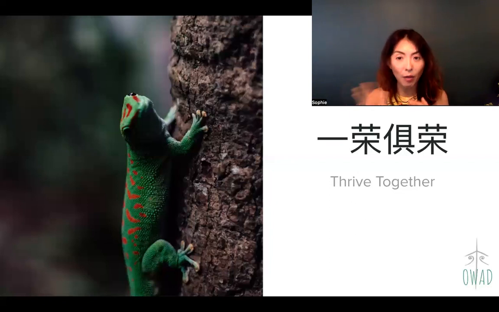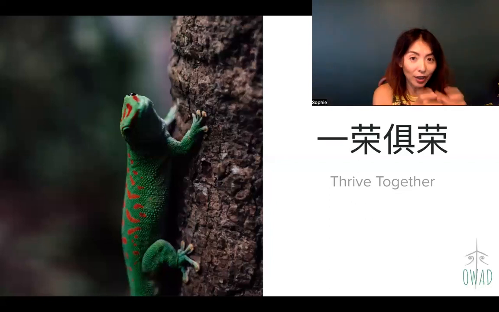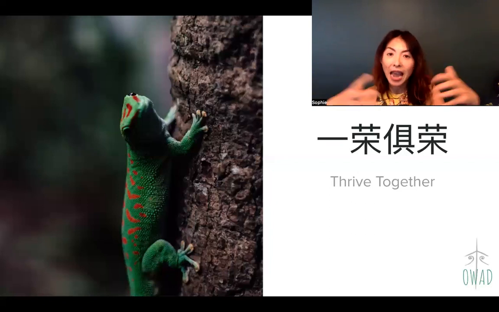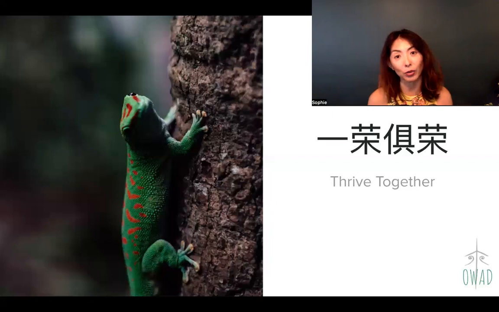So that's how we can tell, like 一荣俱荣, by looking at just one sample from that environment, then we can tell the whole environment, everybody in that environment, is doing well. So that's what 一荣俱荣 means,